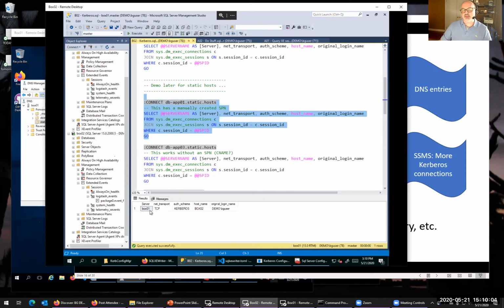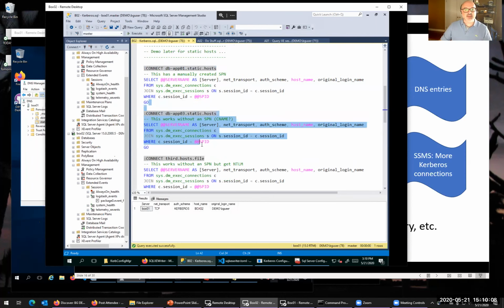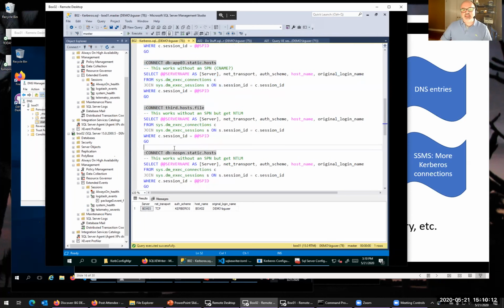and it tells me there I am on BOXO2 connecting to BOXO1. Looks fine. Same thing for APO3. Kerberos looks just fine. Now I created an entry in my hosts file just for BOXO3. There is no SPN for that at all. When I run that, I still connect to box3, but it fell back to NTLM because there was no SPN